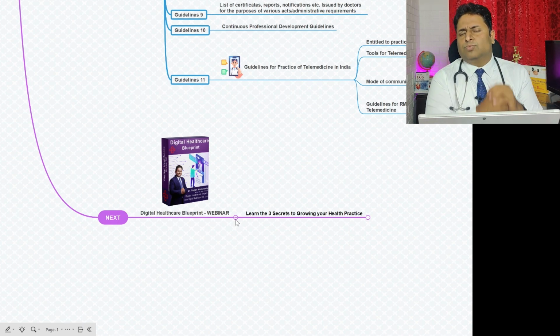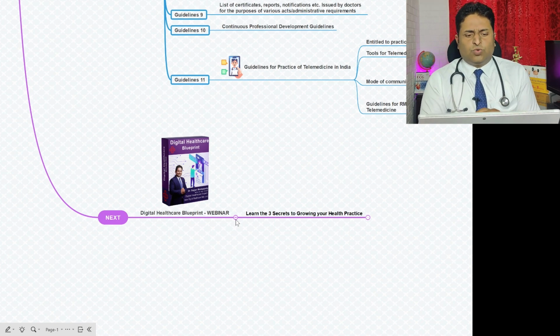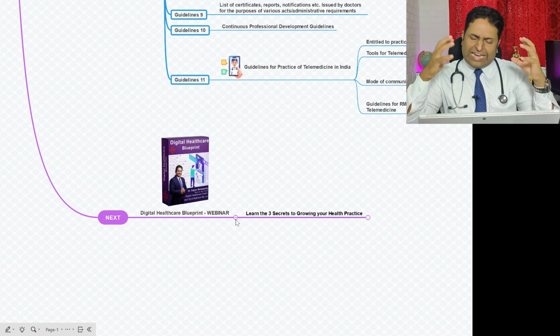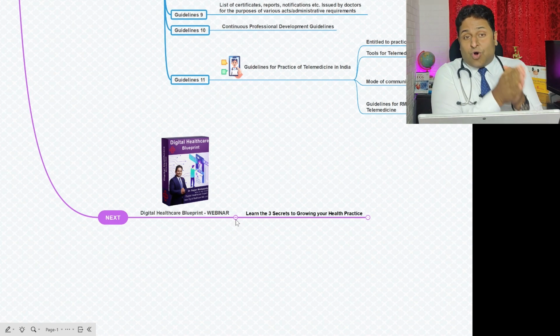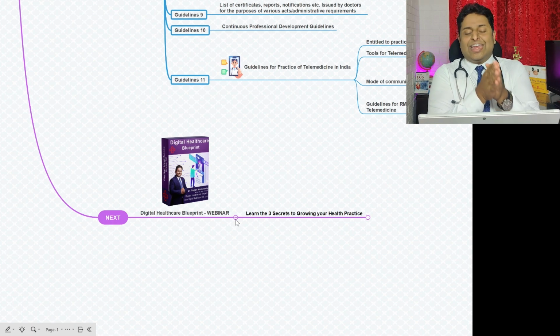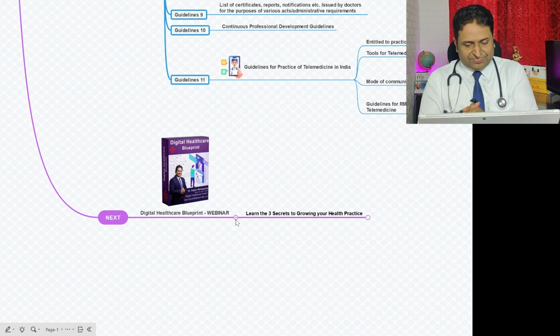Even the government of India is moving toward the entire thing. So we have a lot of technologies currently existing in the market, and the only thing is we need to understand what their capacities are, and how they can integrate into our practices and grow and scale our practices to the next level, abiding by all the regulations and doing ethical practice, right?